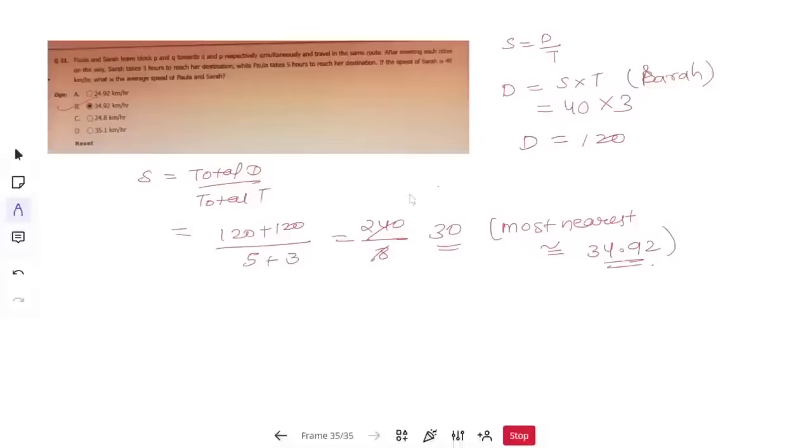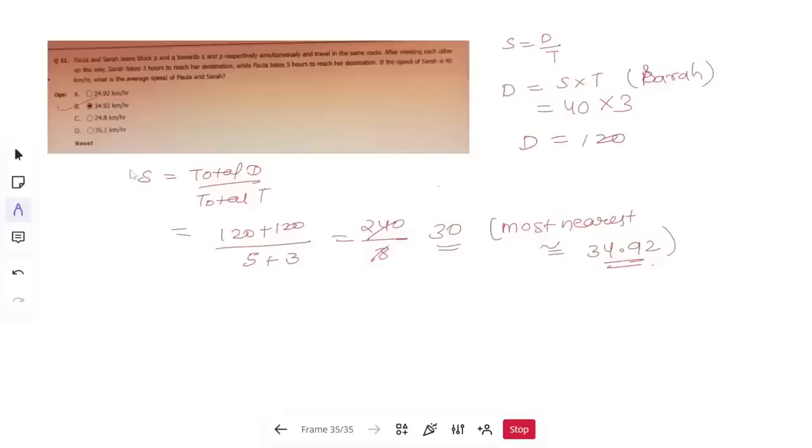Let's look at this question, guys. So in this question, Paula and Sarah leave places P and Q towards Q and P respectively simultaneously and travel on the same route. After meeting each other on the way, Sarah takes 3 hours to reach her destination, while Paula takes 5 hours to reach her destination. If the speed of Sarah is 40 km per hour, what is the average speed of